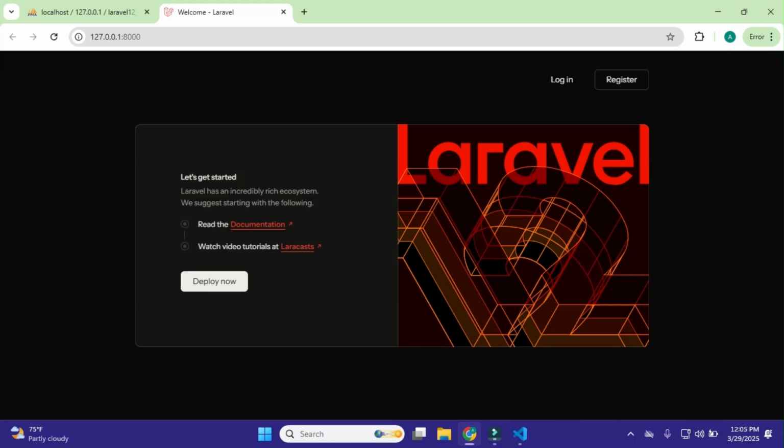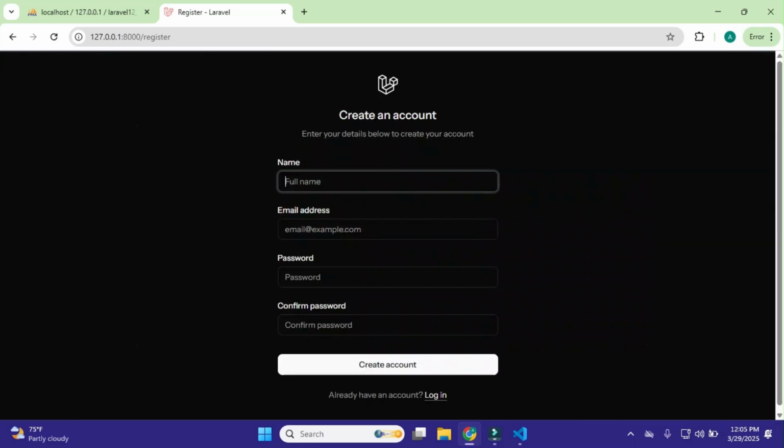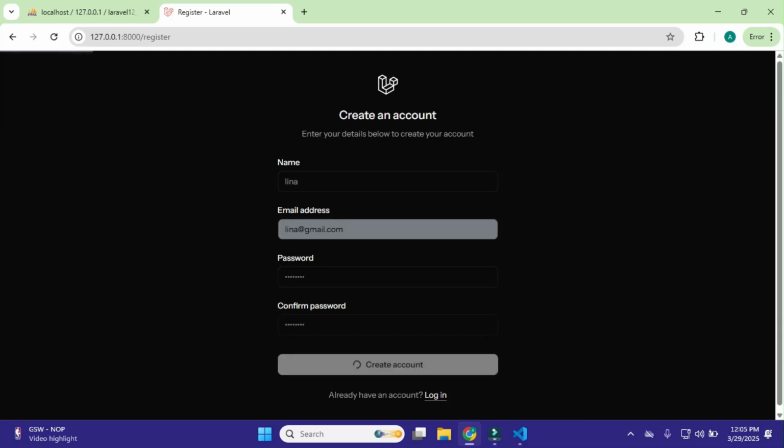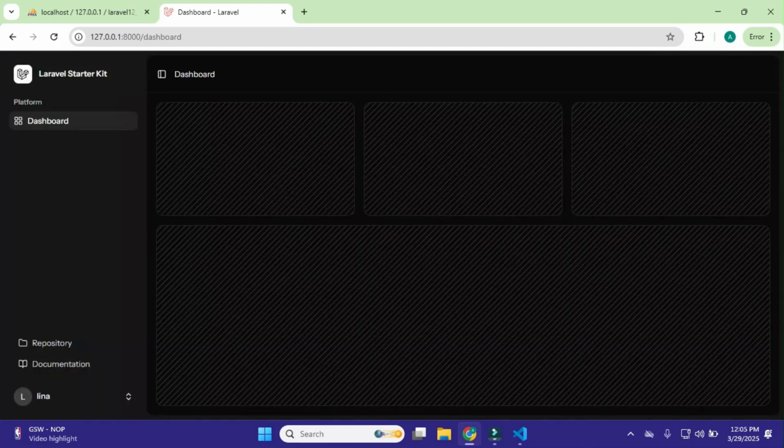Okay, so now it shows me the Laravel 12 welcome page, and now I'll register a user, and here I'll name this Lina and set this password, and here you can see it brings me to the dashboard page.